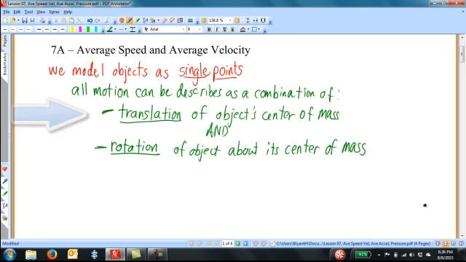When we say the word translation, we talk about the movement of the object from one place to another. Whereas when we talk about rotation, we mean the spinning of an object about some axis. Rotation is more complex than translation is, so early on in our study of physics, we'll concentrate on the translation part. And to do so requires that we model the object as if it is a single point or a particle. Back in Lesson 4, we examined distance versus displacement and speed versus velocity, distinguishing between the scalar and vector